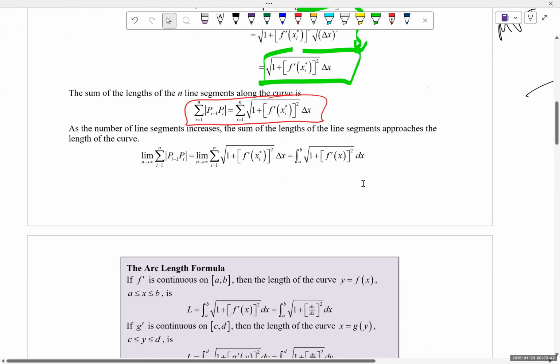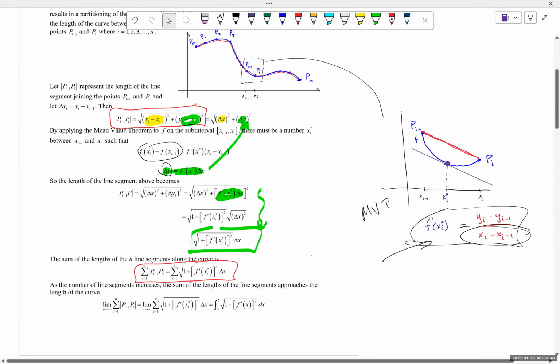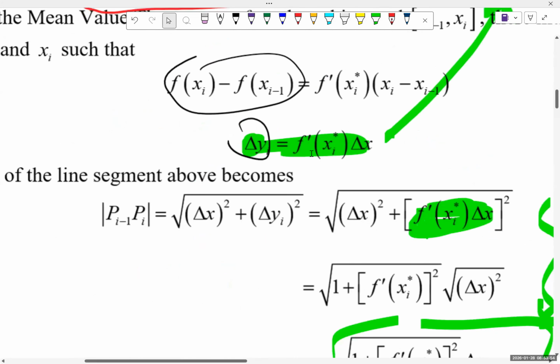Question. Can you talk, can you explain where we got the delta y equals f prime x sub i star? That right there? Yeah. So